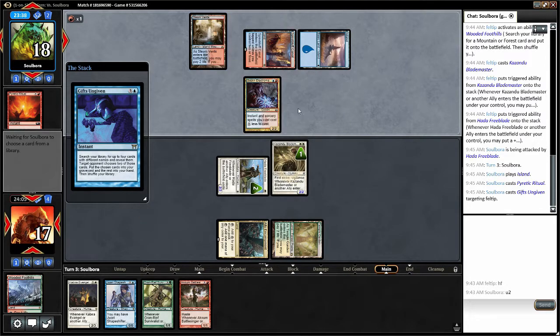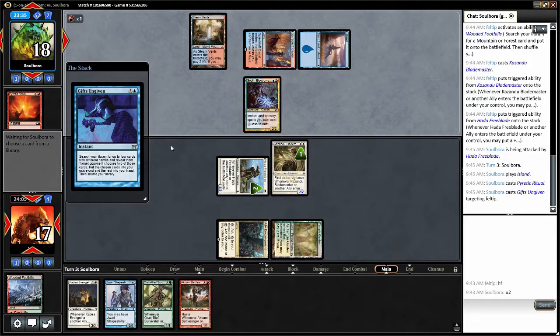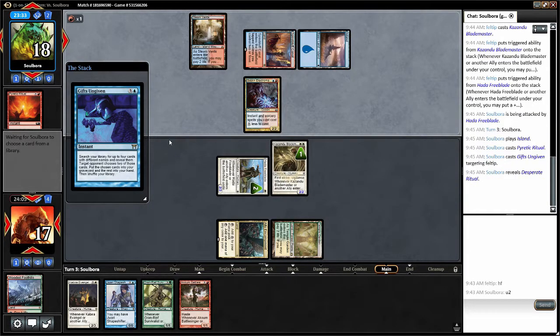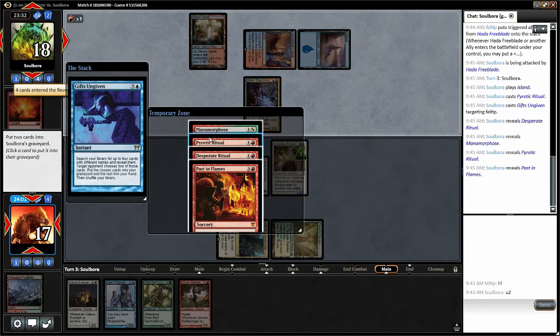That's cool. Gifts Ungiven. Our opponent is second main phase, turn 3. It is time. It is time for him to do things. So I'm going to give him...